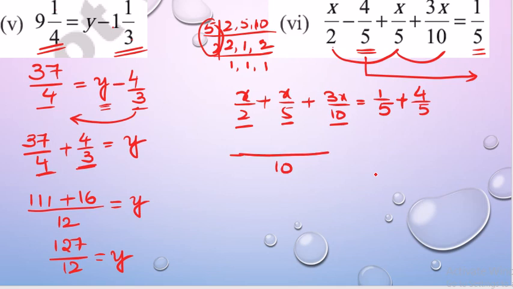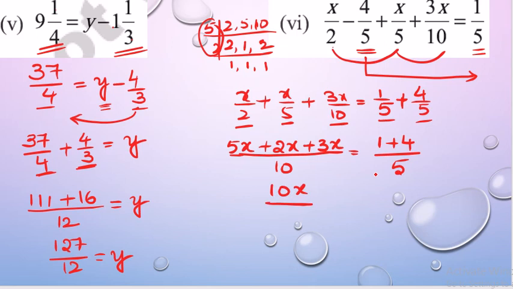Again, since we have 3 terms, one by one we need to follow. In the 2 table 10 5 times, so this is nothing but 5 times the numerator. What is the numerator here? x. Plus, in the 5 table 10 2 times, so 2 times x, plus in the 10 table 10 1 time, so 1 time what is there in the numerator, 3x is present, so I can directly write. Here both the denominators are already the same, so I have taken 5 as common on the right, and I can directly write 1 plus 4. Now 5 plus 2 is 7, 7 plus 3 is 10.